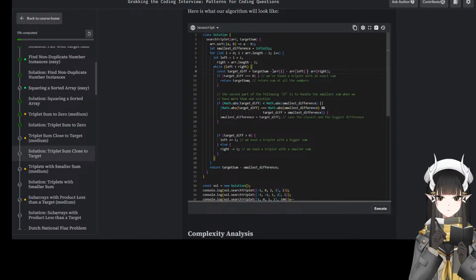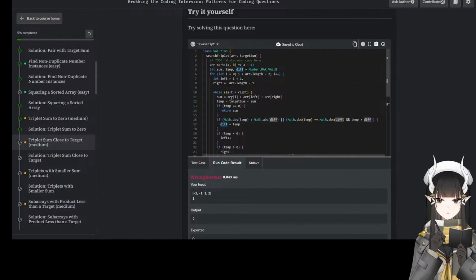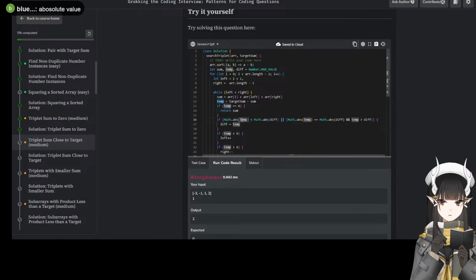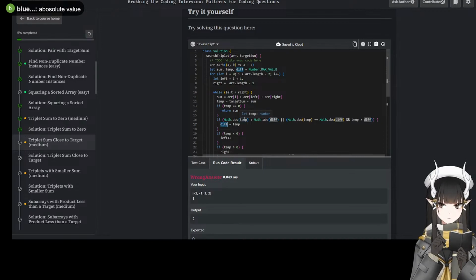Target, oh yeah, because technically this combined, this minus this combined. So this is fine. We have a new sum, new tenth is the target sum. So the target sum less than the previous smallest difference, then we update the smallest difference to the target sum.